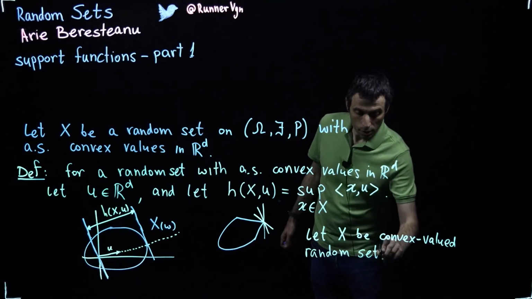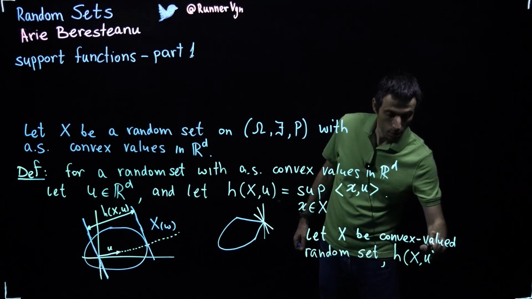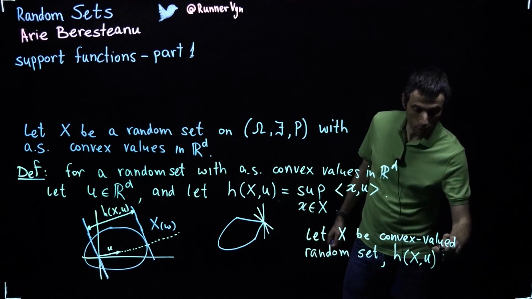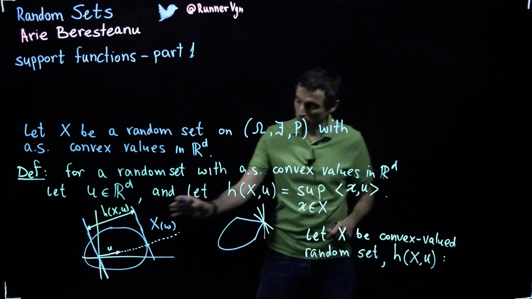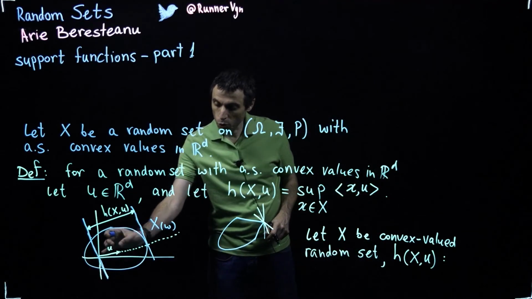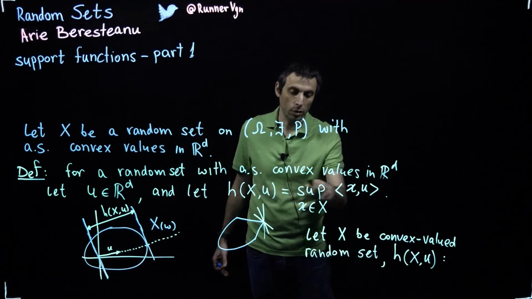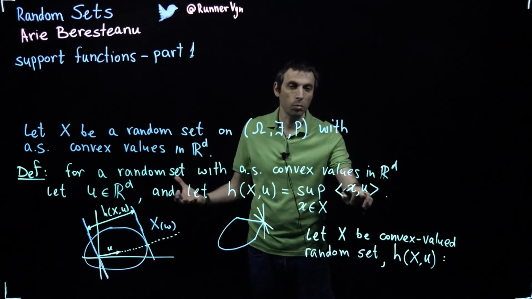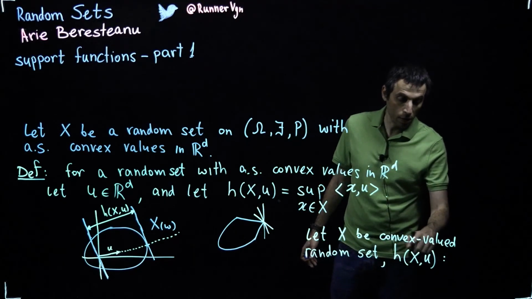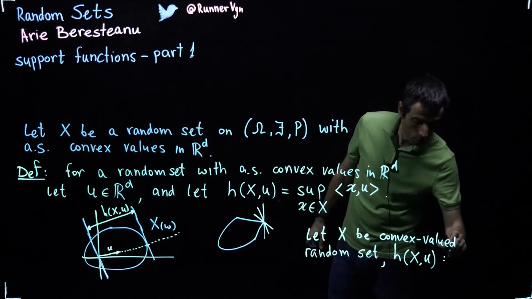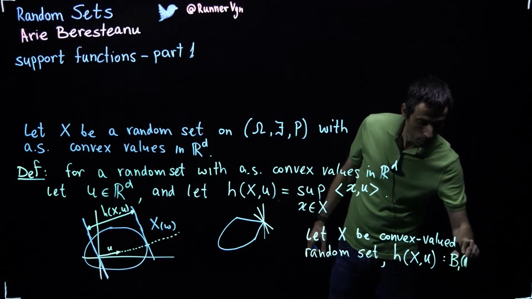Then this is defined from the unit sphere. We don't really need u to extend more than the unit ball. I didn't write it here, but u can just be of unit length. So this is from the unit ball, let's call it B_1 of R^d,